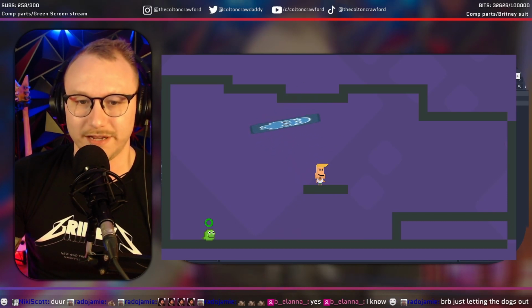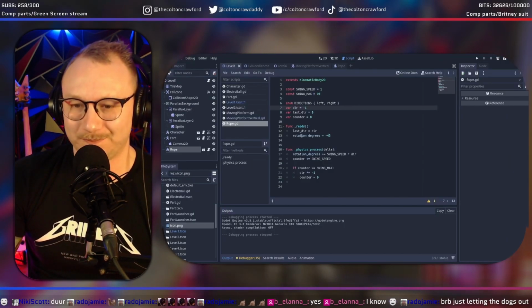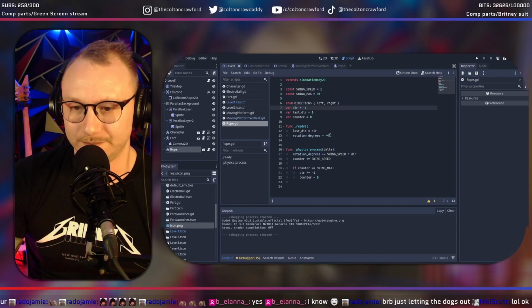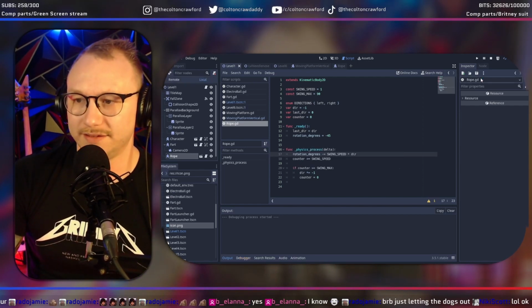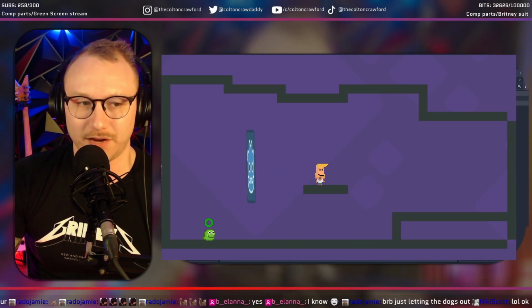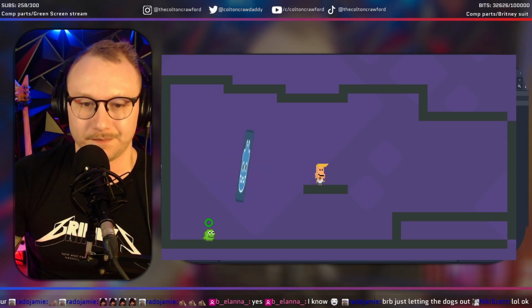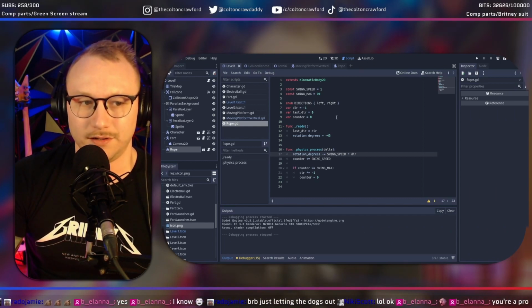Okay, so it's doing the right thing, but it's not doing it at the right angle. I think it's just because of the way that... Here, if we do that, let's see what happens. Boop. Boop. Boop. It's kind of robotic, but it works pretty good, actually. Okay, and then now, if our player collides with it,